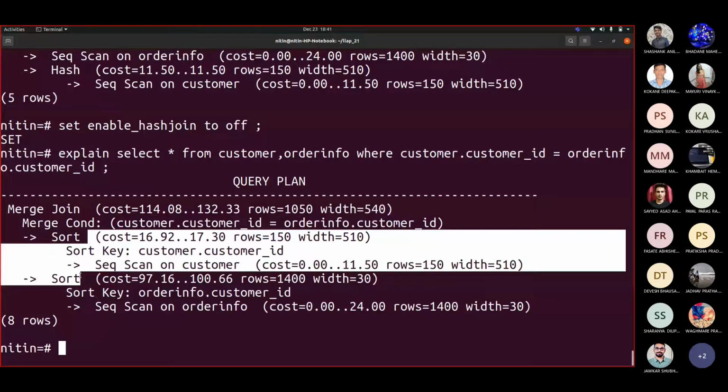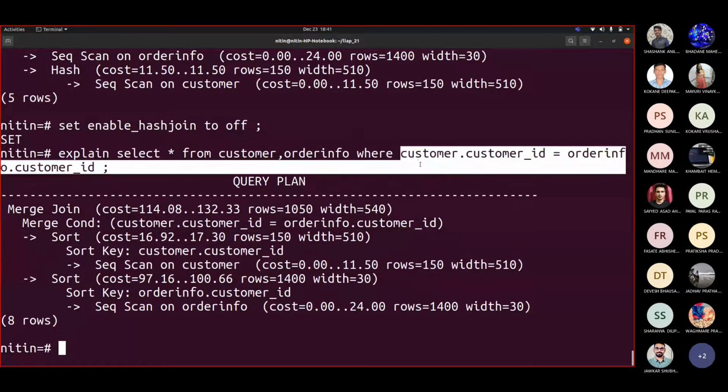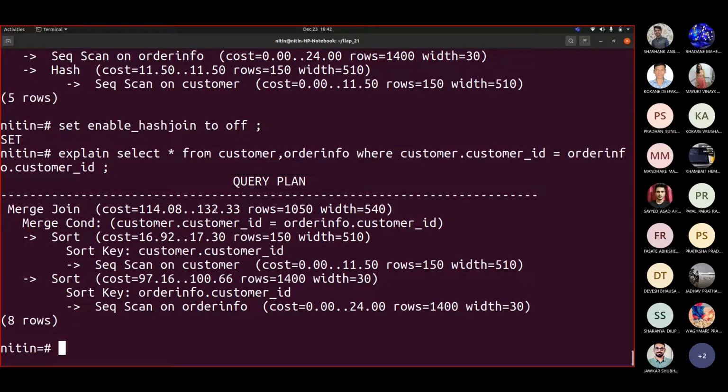They need to be sorted on a particular key, and that key is picked from this because it is supposed to verify customer ID from this table and that table too. So it is better if I have sorted items together so that I can match one by one. And that is the reason why this merge join takes a huge amount of time.